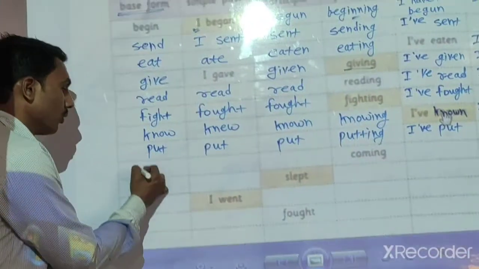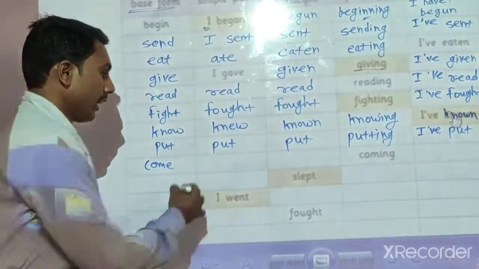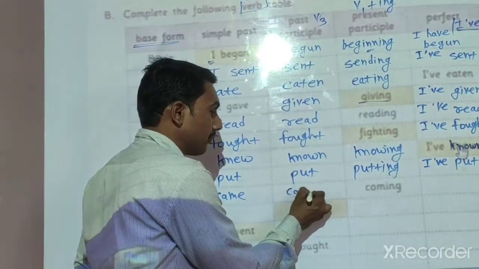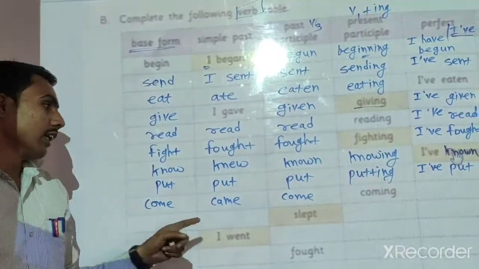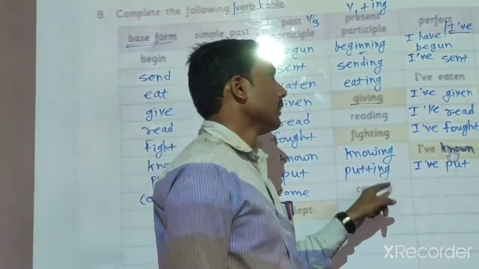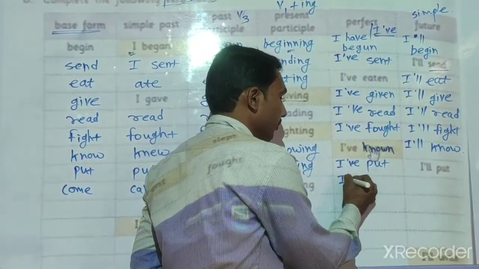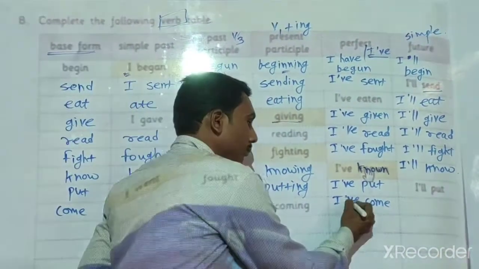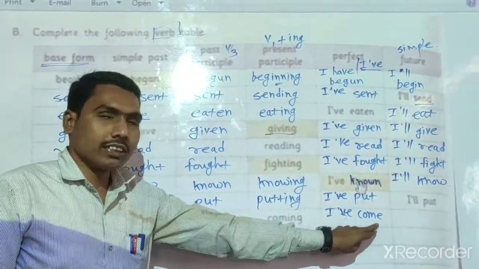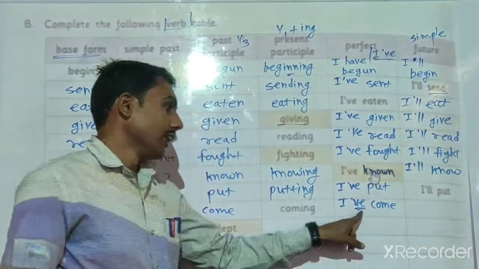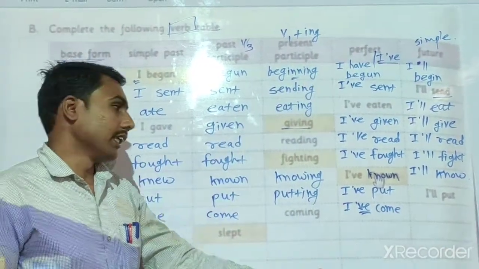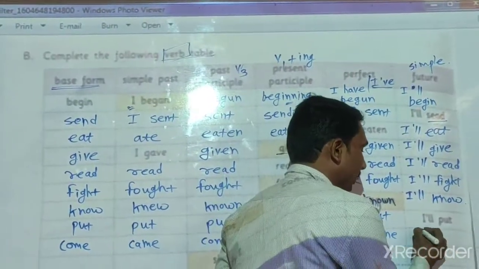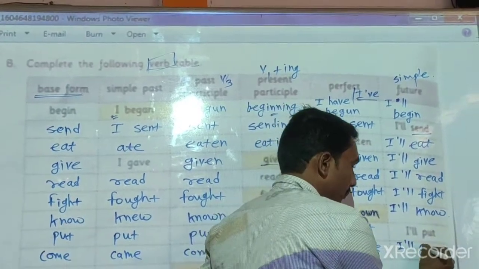Present participle. You want to hear right here. Come. Came. Simple past, past perfect, come. First form and third form, look here, come, same. Then coming. Then next, I have come. Okay, when the verb come with this helping verb have, that indicates the present perfect tense. Okay, look here. I have. Then I will come.